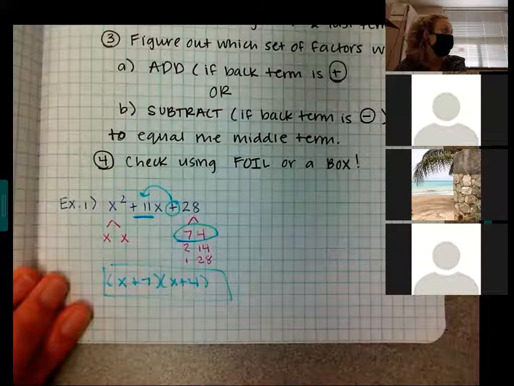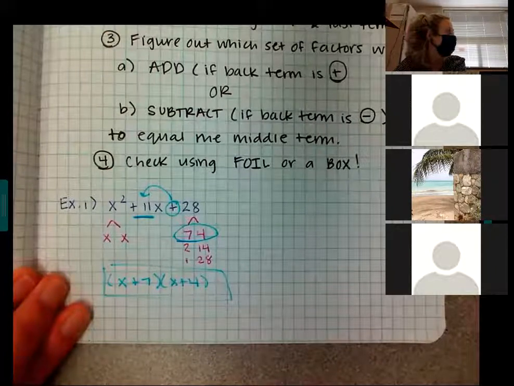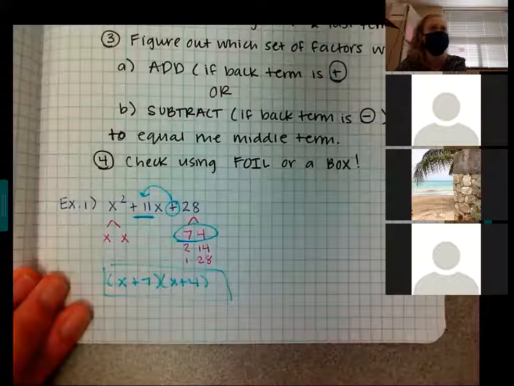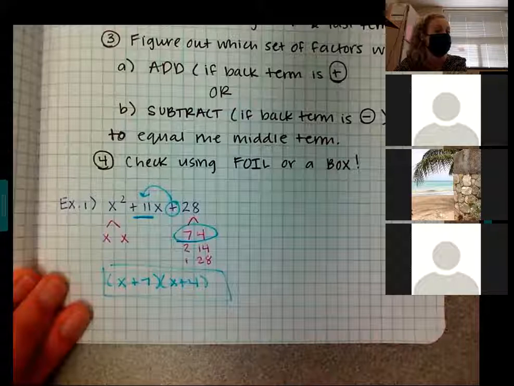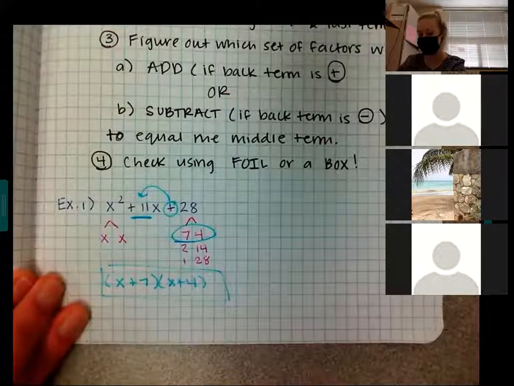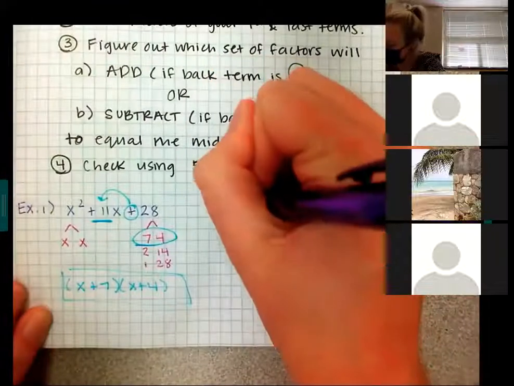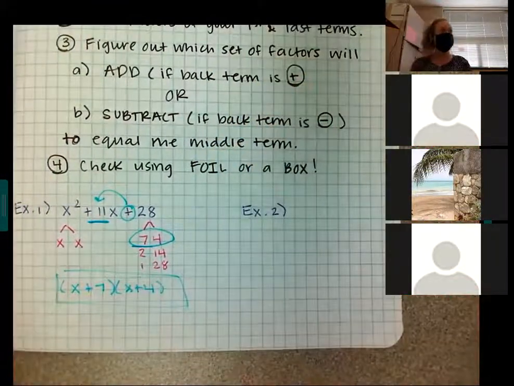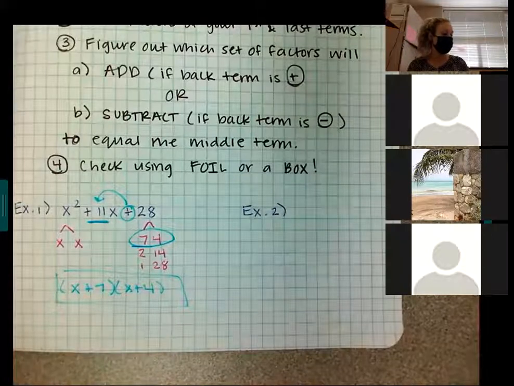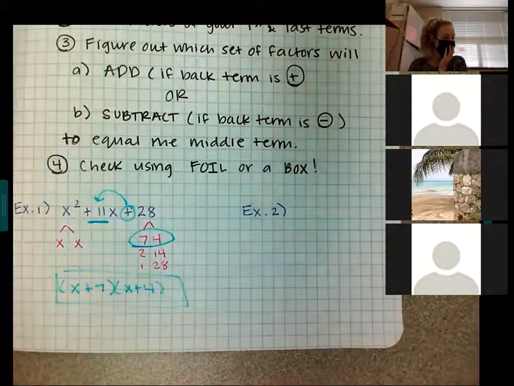Yeah, Sean's like, yes. Good, my girls, y'all are okay? If you foil or box it out, you do get 11x in the middle and you get 28 on the end. So this one does work, okay? All right, I'm gonna make it harder because that seemed too easy. Like I said, I'll do maybe 2 more and then I'm gonna give y'all a couple to try, okay? All right, let's do